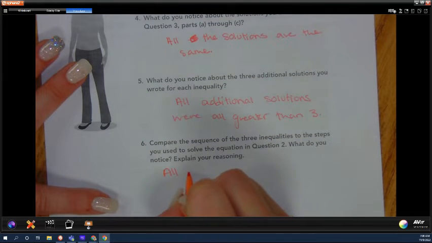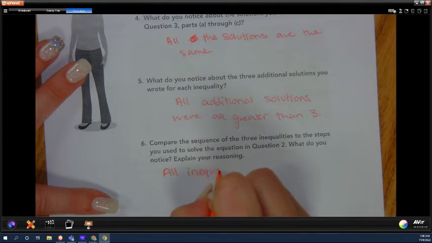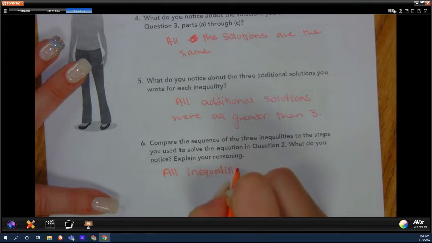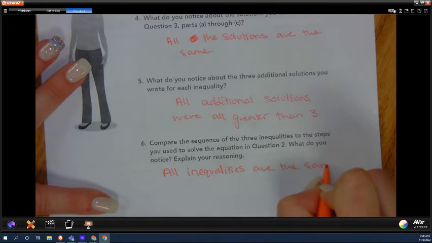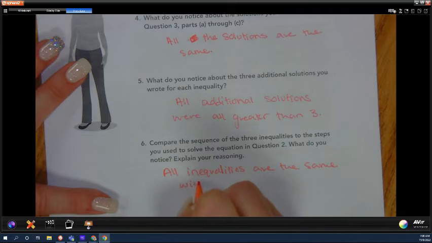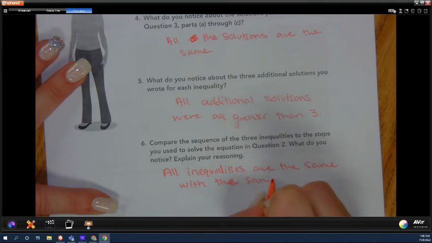So all inequalities are the same with the same solution,